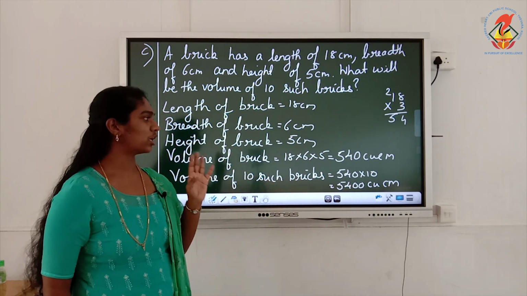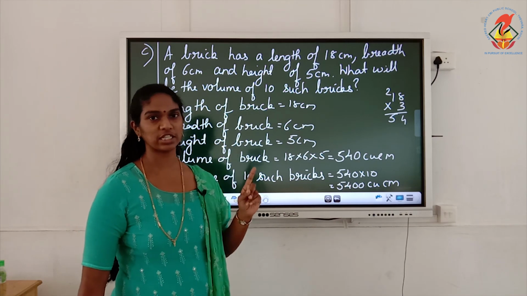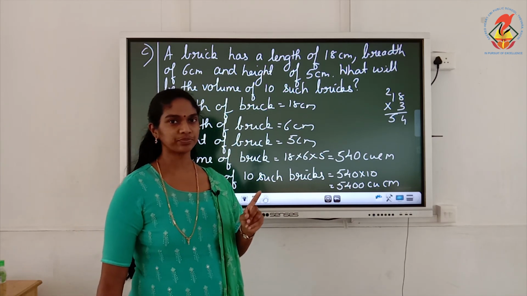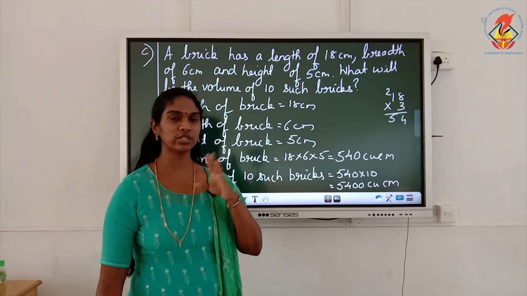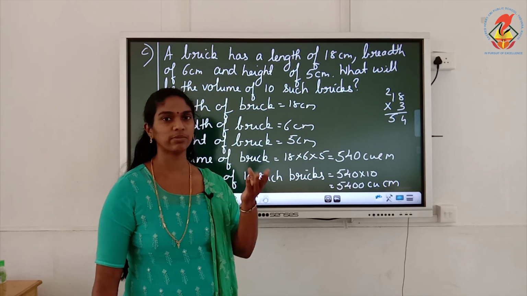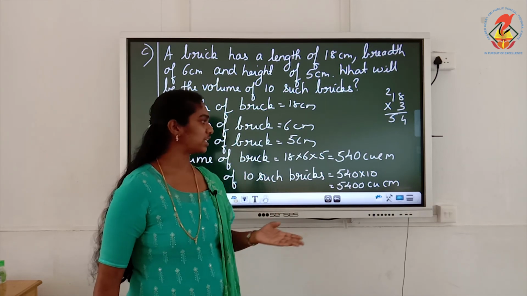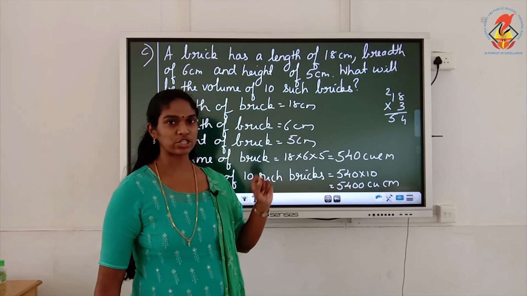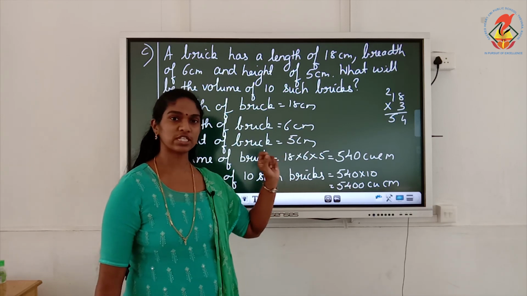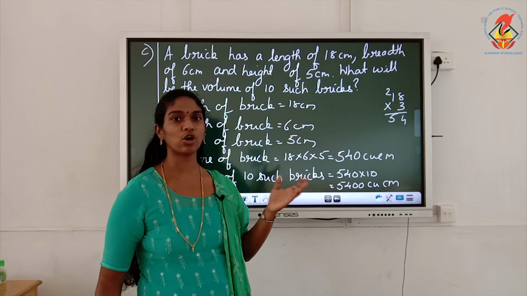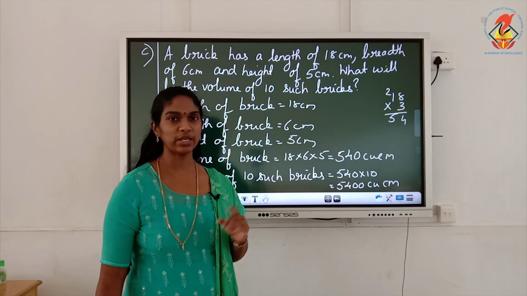And one more thing that you have to keep in mind is writing the unit. When you are writing the area, it should be written as SQ.M or SQ.cm depending on the question. When you are writing the unit for volume, it should be CU.cm or CU.m, cubic centimeter or cubic meter. Okay, depending on the question.